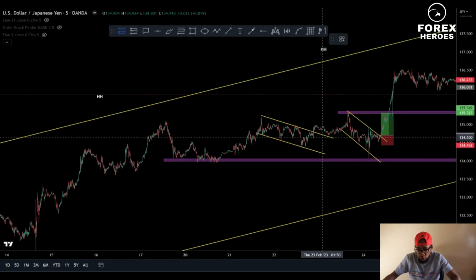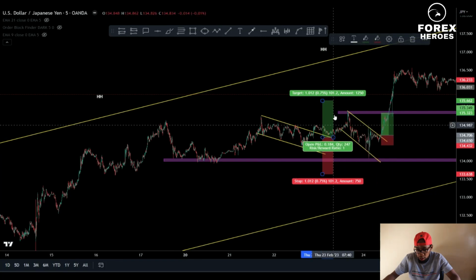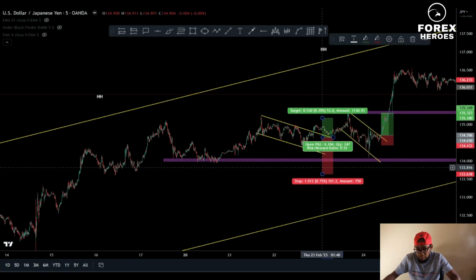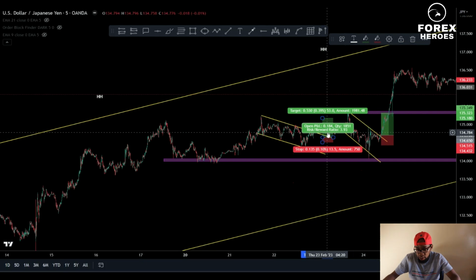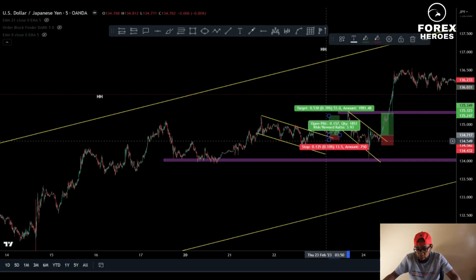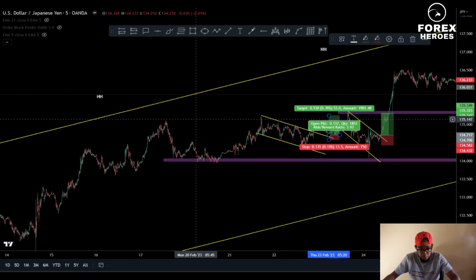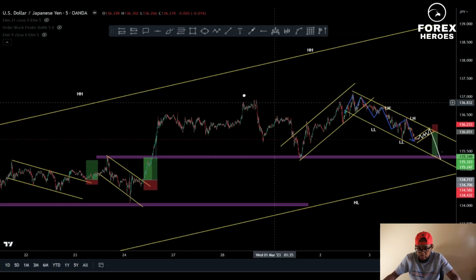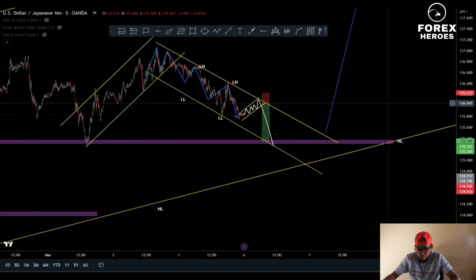small analysis. You can see another one will be simply this one. And then also don't be greedy with taking profits. Learn to take profit. This is the low, you can put it here, 13 pips, then you're profiting what? 53 pips. So you can see all the risk ratios are 1:3 and more.